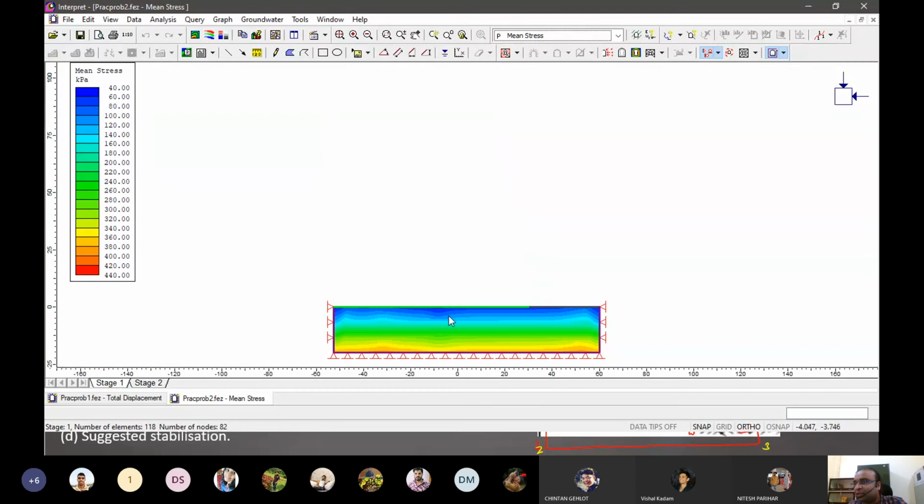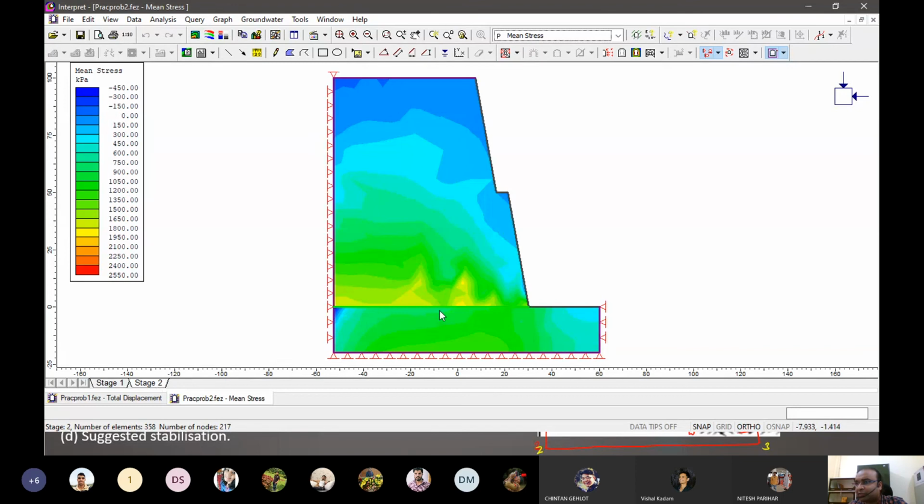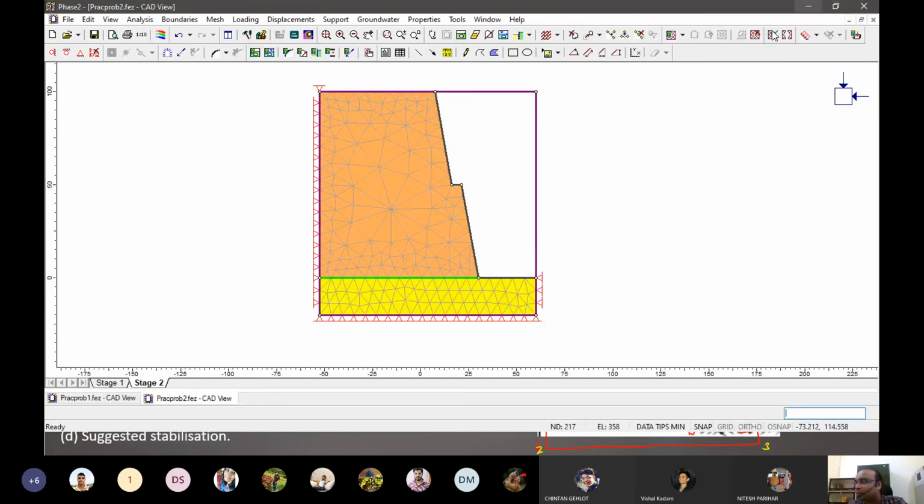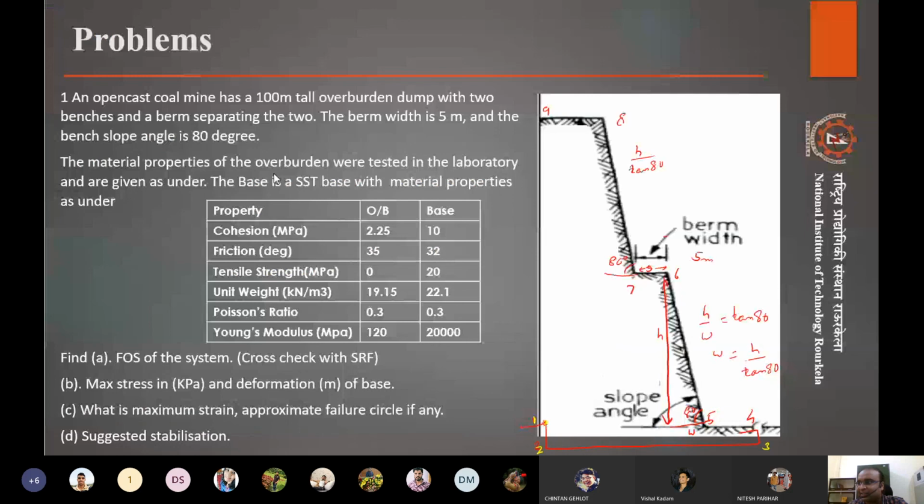This can be very clearly visible from 40 kilopascal on the top almost to a point at 750 or 800 kilopascal. We can see how the stresses are developing. So this kind of analysis we do. I will stop here. You can try this analysis out, try to solve this problem and see what you get. I will send you this maybe even in chat I can send somewhere. So do try this out and see what you get.